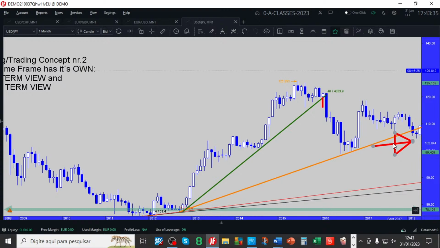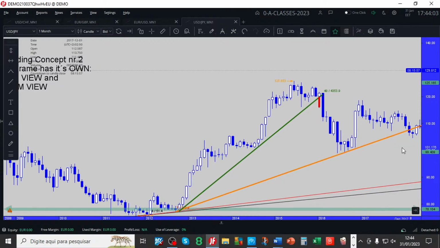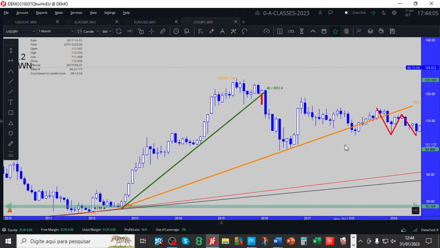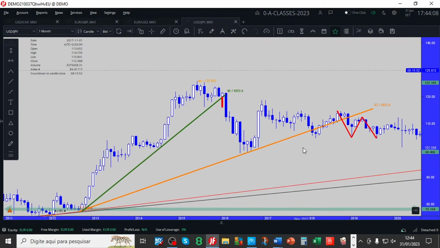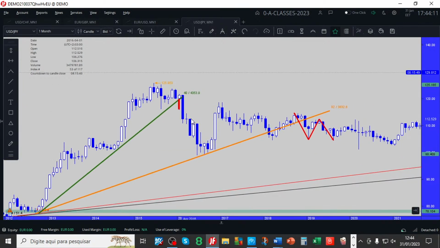How are you going to take advantage of the market instead of the market taking advantage of you? There is no right or wrong, but the market broke the medium-term uptrend line. Should you just blindly short the market, or should you be careful because the medium term and the long term are still up? Exactly, be careful. So short the market, short the market, short the market until one day,